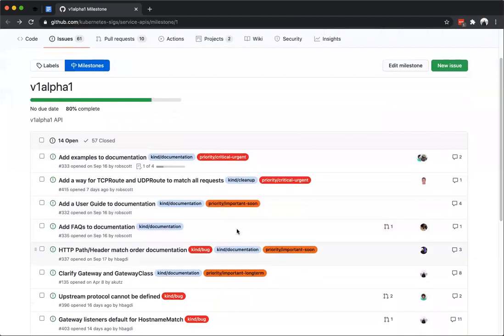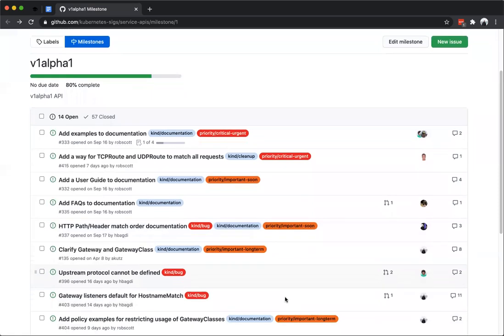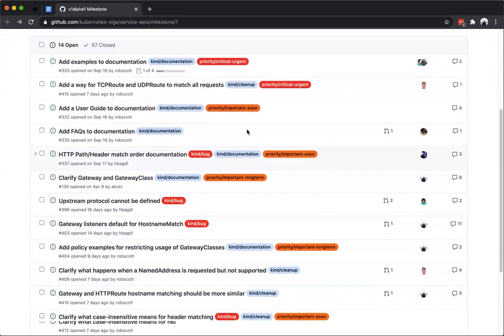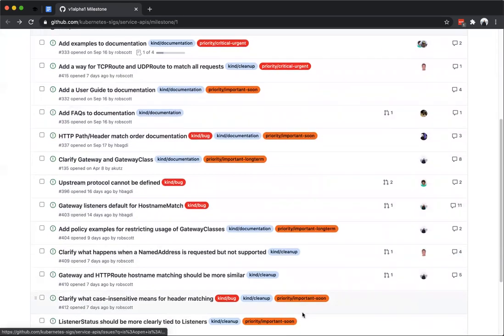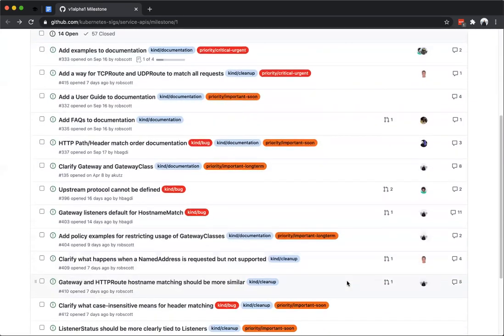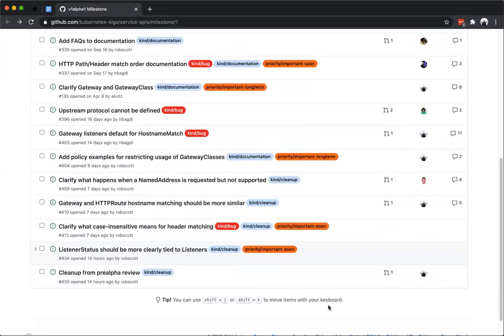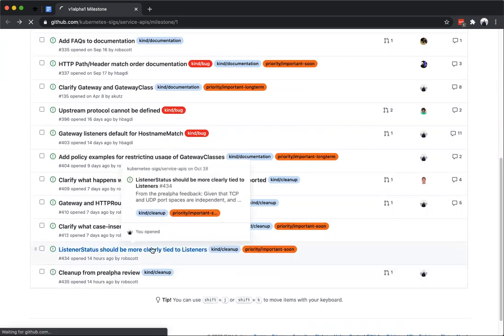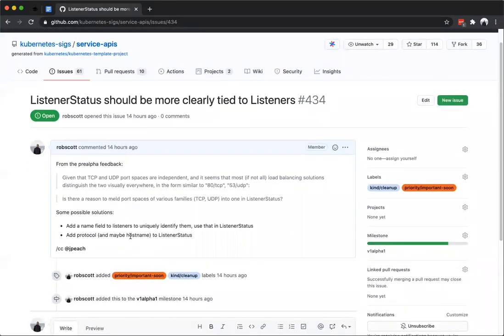Anything else is a nice to have, but not required and not a blocker on a V1 Alpha 1 release. So I won't go through all of these bugs again since they're pretty familiar, but there are a couple new ones I created in response to that pre-alpha review doc. I'd gone through just to make sure we caught all the comments in there, and there were two that I think are significant. One is probably an area that James is most familiar with, and I know this is not the best time for him, but